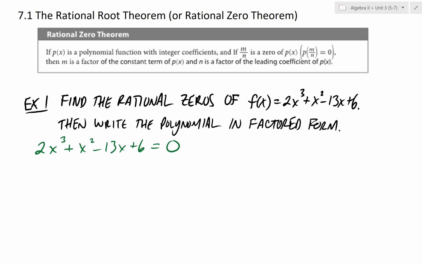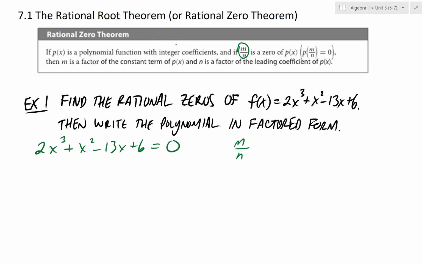it says that if there is a rational root or rational zero, remember a rational number is something that can be written as a fraction. So all whole numbers are rational, all positive and negative integers are rational, all fractions are rational. Okay? So if it has any rational zeros, we can write it in the form m over n. And when we write it in the form m over n,